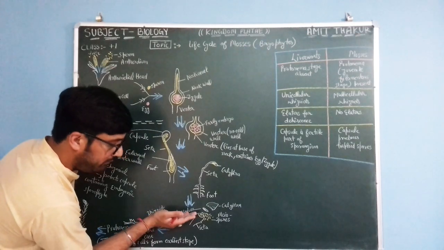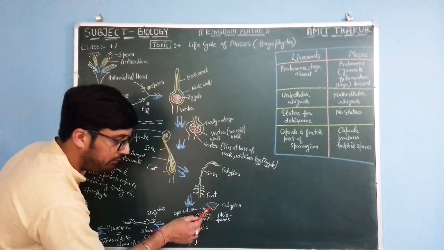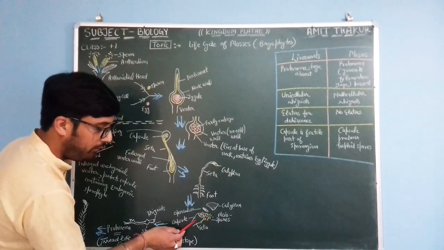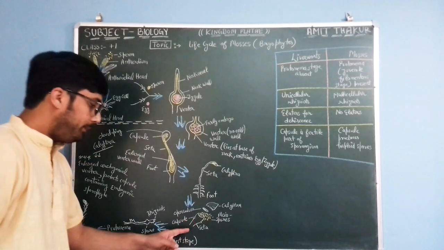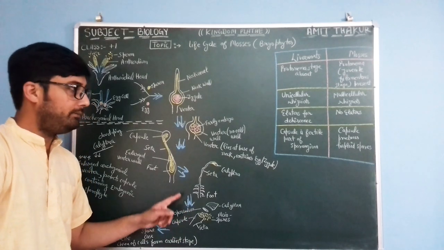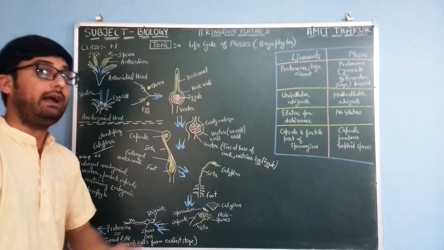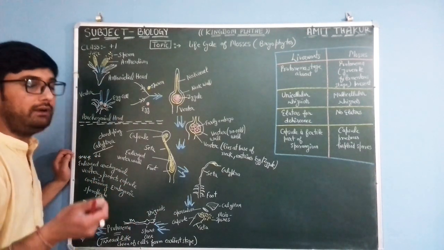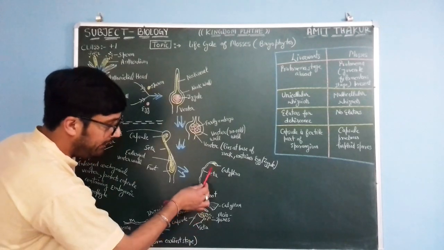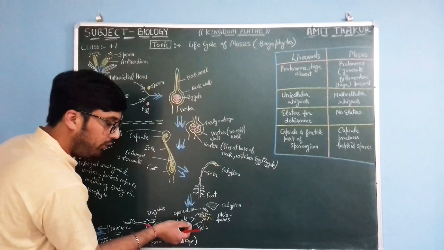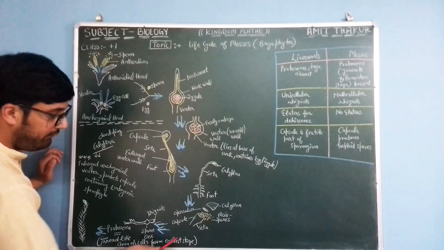This operculum breaks down along with this calyptra, this protective sheet, and spores get released from this capsule. In case of liverworts, the capsule part is fertile in nature, or capsule is fertile part of sporangium in case of liverworts. So now when this calyptra region gets matured, spores get released from this structure, and when spores get